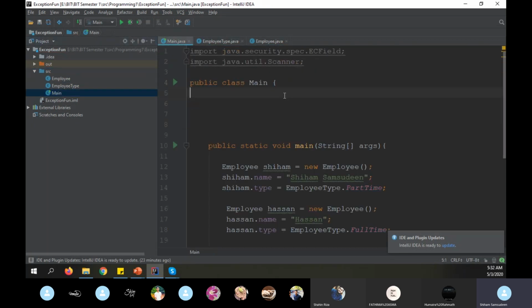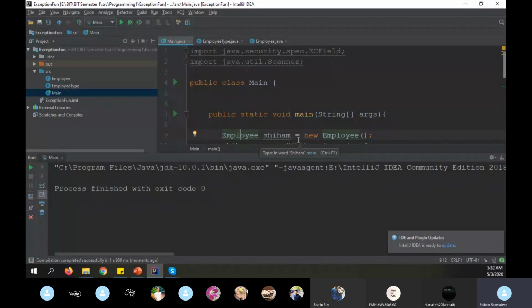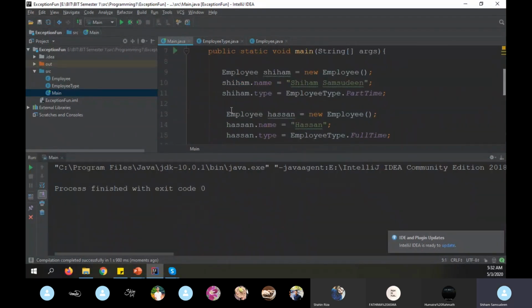So now this should build, right? It's working actually,